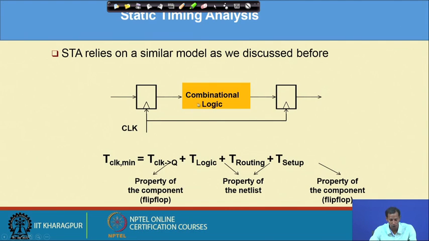So, what will be the corresponding value for this? The value for this will be T clock to Q. What is the meaning of T clock to Q? This is the delay of the flip flop itself, from the clock to the output, which is the Q. If you remember the internal structure of flip flops,